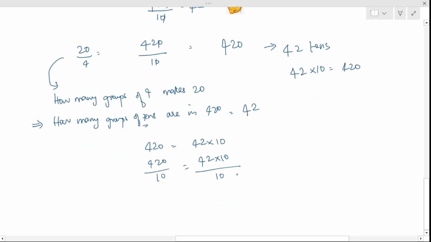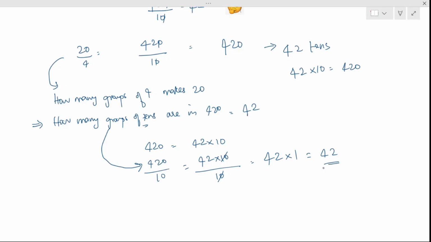So now they started understanding how the question, how many groups of tens, actually translates into writing like this: 42 times 10 and then divided by 10. And then 10 divided by 10 is nothing but 1, because any number divided by the same number will be 1, right? So any number for that matter. Therefore I can just cancel, or I can say multiply by 1. And therefore I get 42.